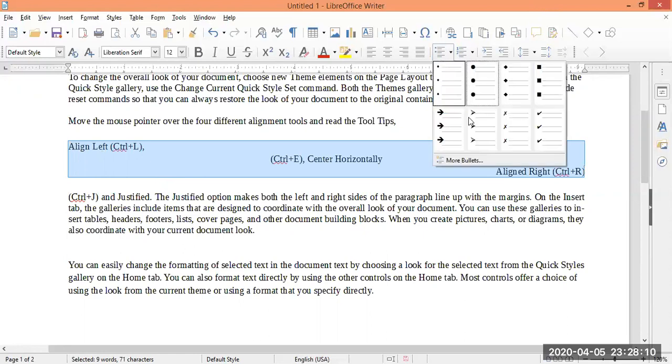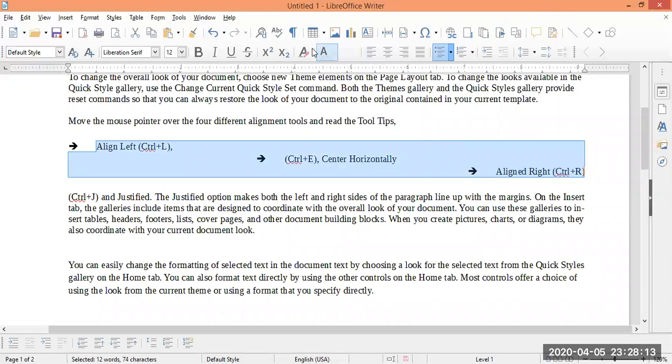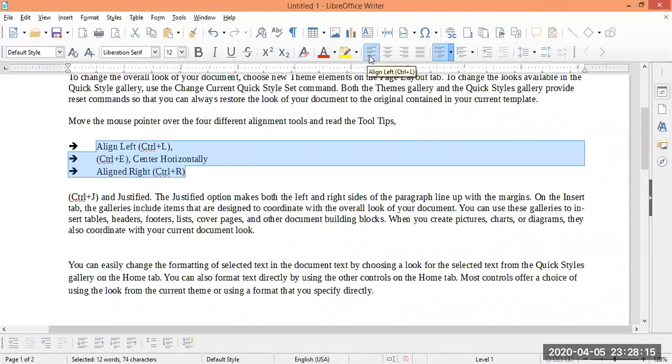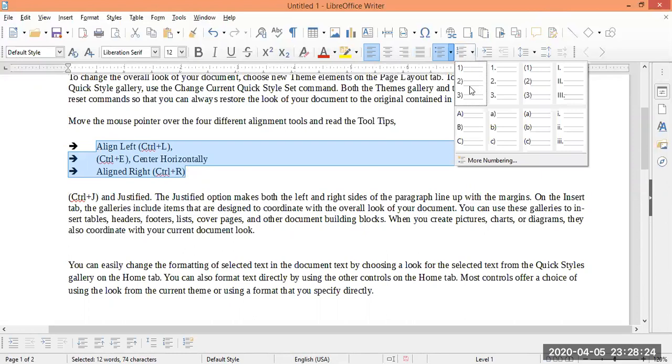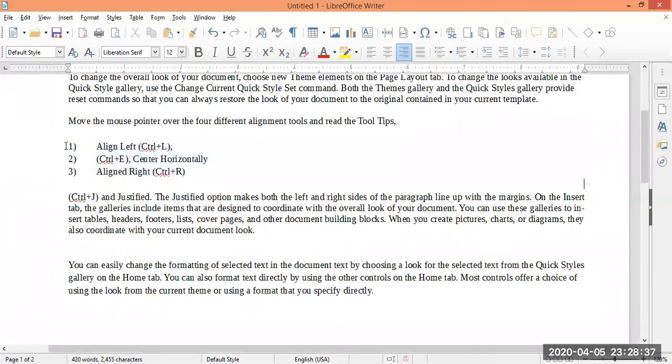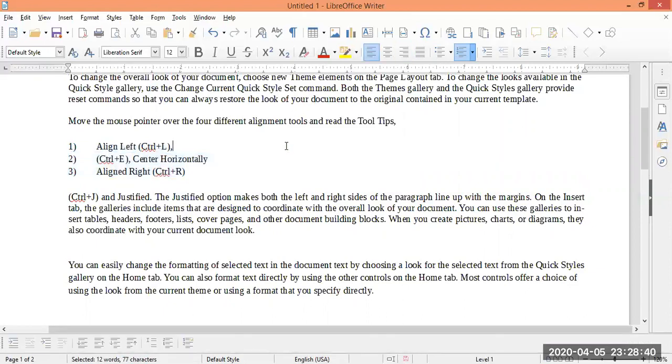Like if we click on these options and I make all of them left aligned, see, these are bullets. If I arrange them in numbers, I can click on any number style. There are many number styles like 1, 2, 3, ABC, small abc, and Roman numbers. If I'm selecting 1, 2, 3, now these are a numbered list. The same way we can create a nested list also. Nested list means a list inside the list.